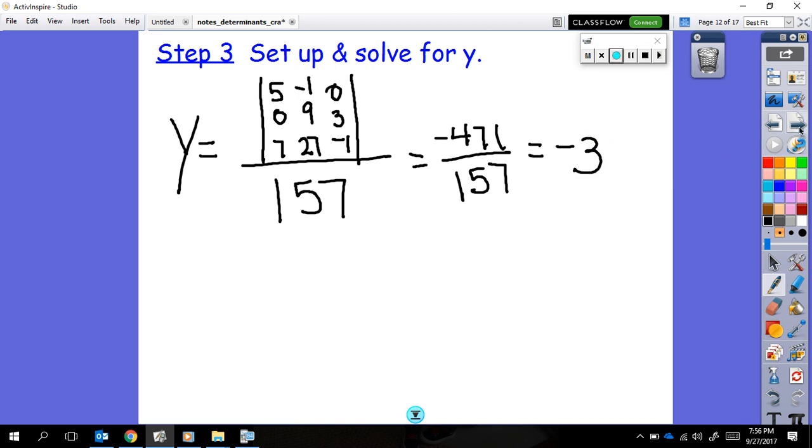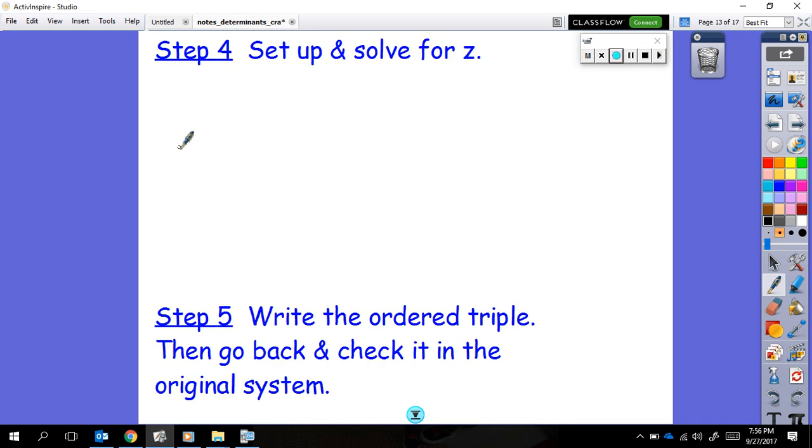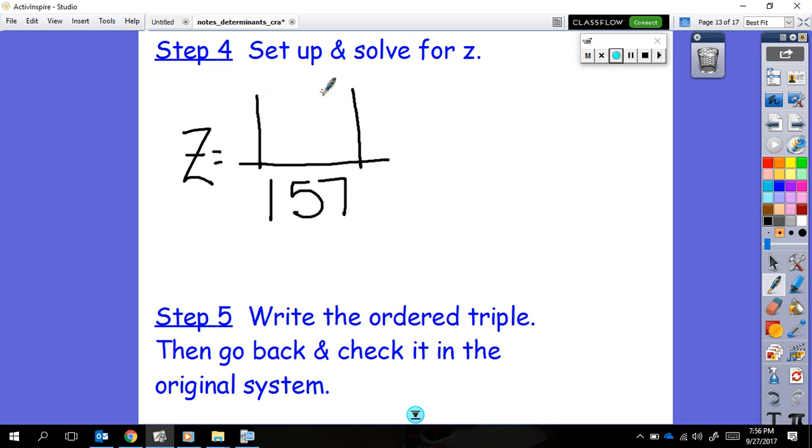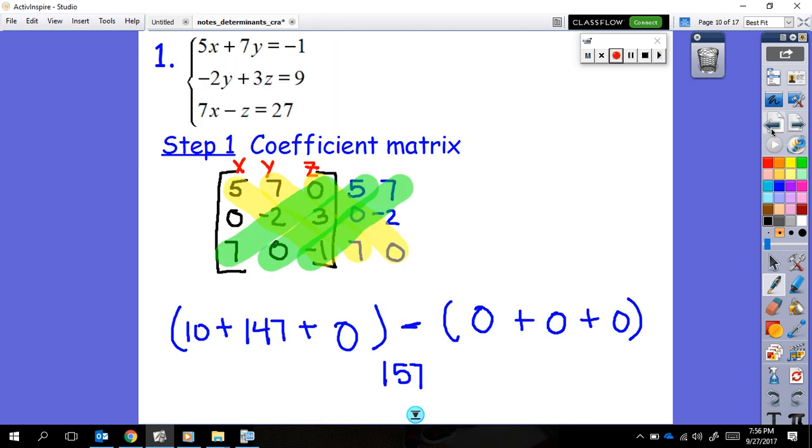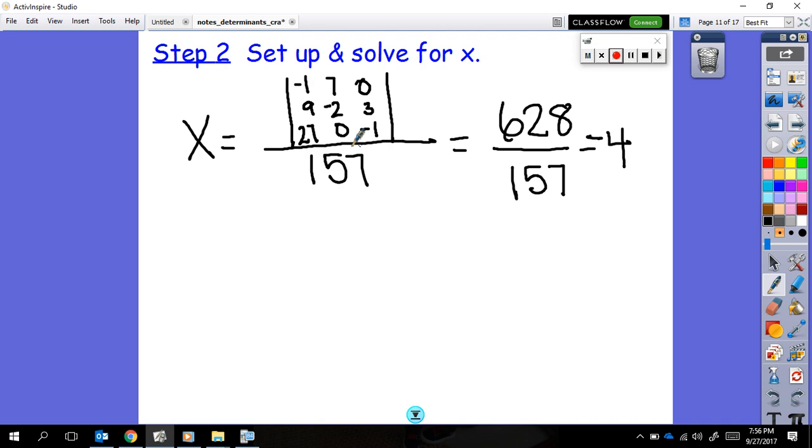All right, so then the last one that we have to set up and solve for is z. Okay, so z equals, same deal, 157 down here. Okay, now my coefficient matrix has those answers in the z column. Okay, in the z column. Now make sure again that you go back to the beginning and you copy those first 2 columns from the original coefficient matrix. So we have